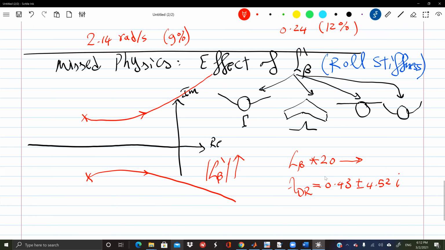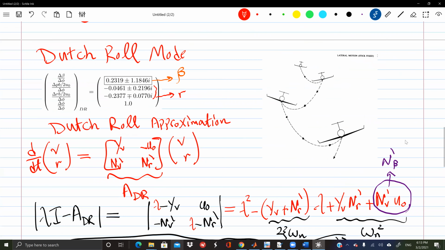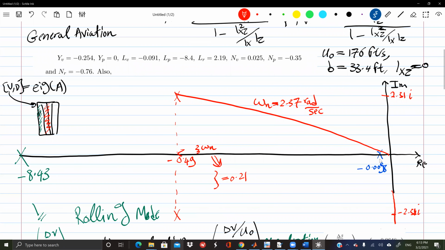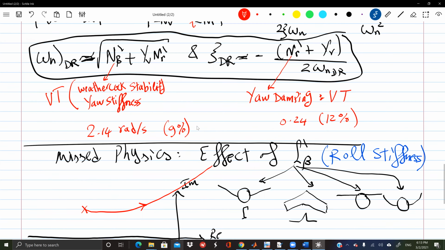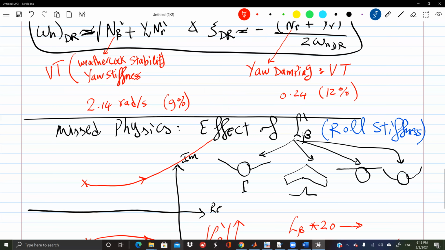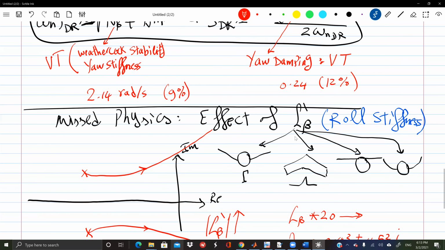So anyway, in the back of your mind, always remember that if this L beta is increased much, it worsens the Dutch roll mode. And the Dutch roll mode is something that we cannot mess up with. We can mess up with this blue mode, which we did not talk about yet, because it's slow, okay? The Dutch roll mode we cannot mess up with. So we cannot let L beta increase much. What do you mean? I mean that